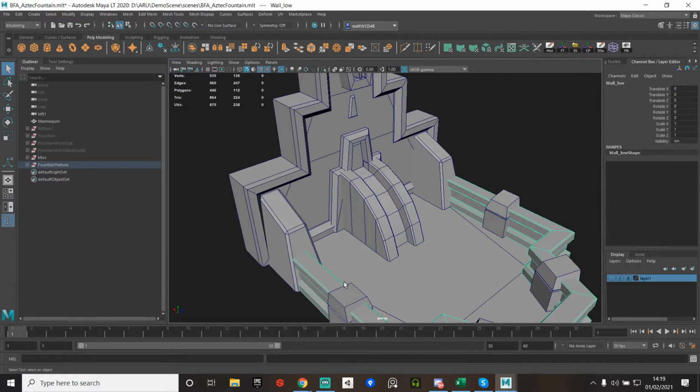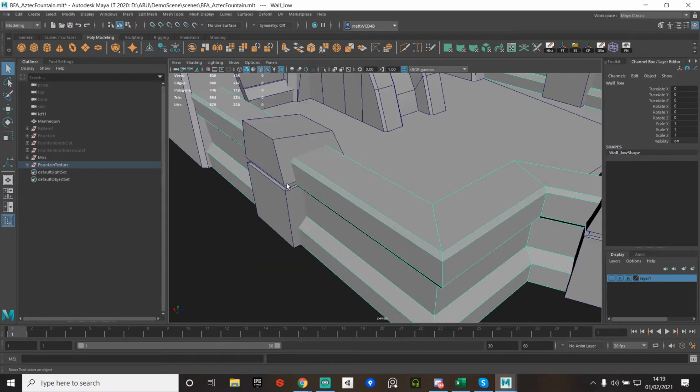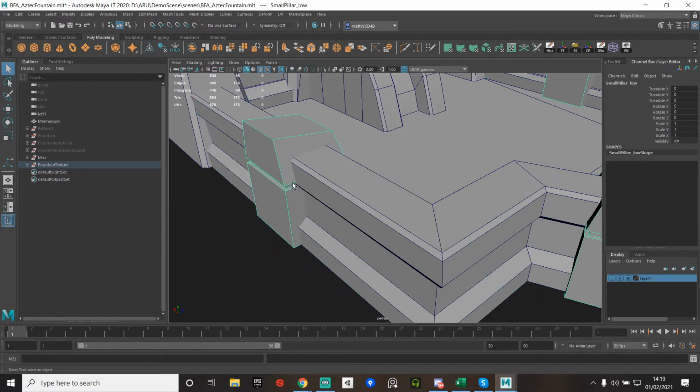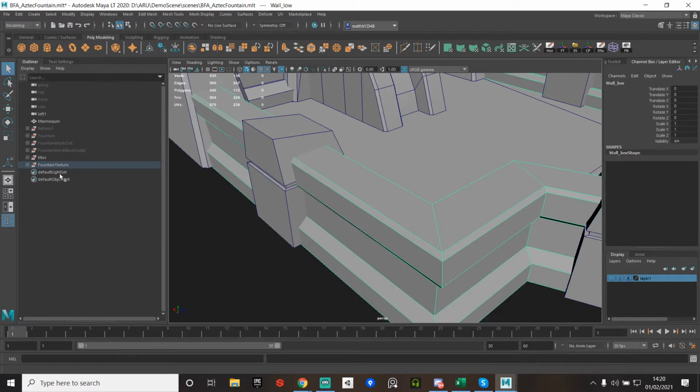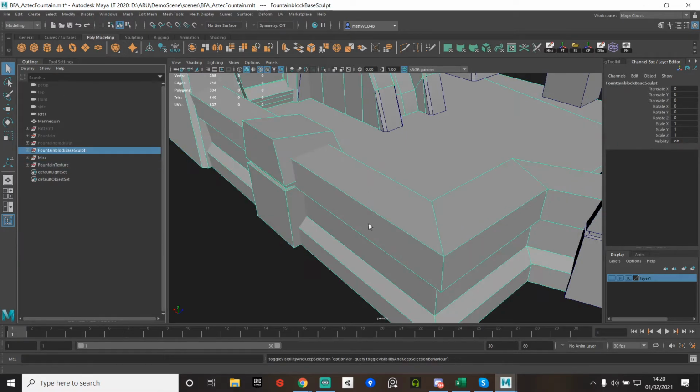So yeah, I actually kept this little indent in there. You could just get rid of it because of the detail in there. You don't necessarily need it, but again, it's very low poly anyway, so I kept it in. If I just go back to the base sculpt,